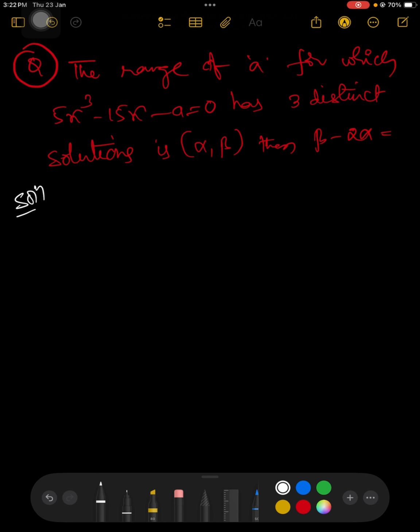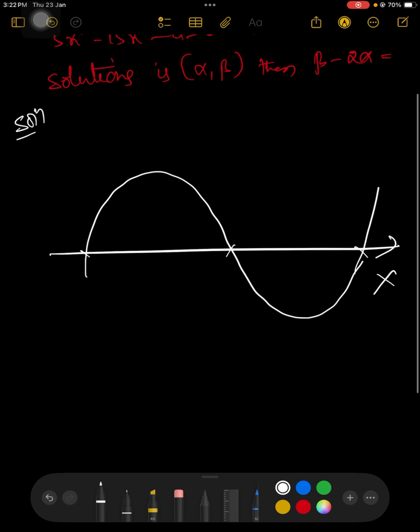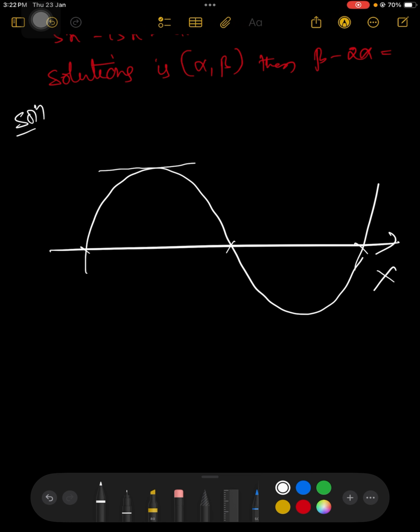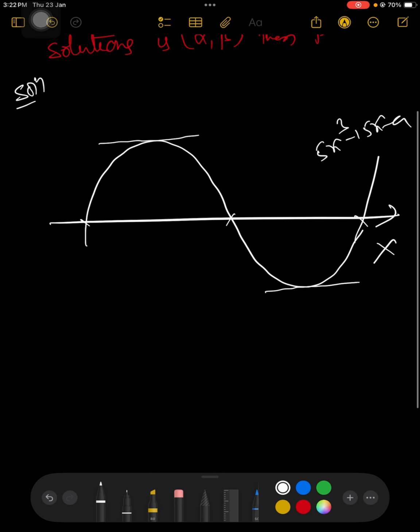In case of 3 distinct solutions, the graph crosses the x-axis three times. Now if you draw a tangent here and there, let f of x be 5x cube minus 15x minus A,